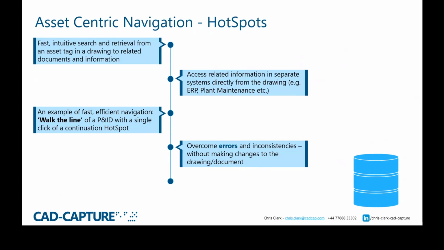As mentioned earlier, the ability to correct errors and overcome inconsistencies between sites and systems means that you can get a more consistent search and retrieval function, particularly across multiple units, locations, and systems. If there is a difference between the way that a tag is represented on a drawing and in a system such as plant maintenance, you can bridge this gap by building tolerance into the pattern recognition rules for the hotspots, giving the ability to search on both versions of the tag and making sure that all the tags and the related information is findable.